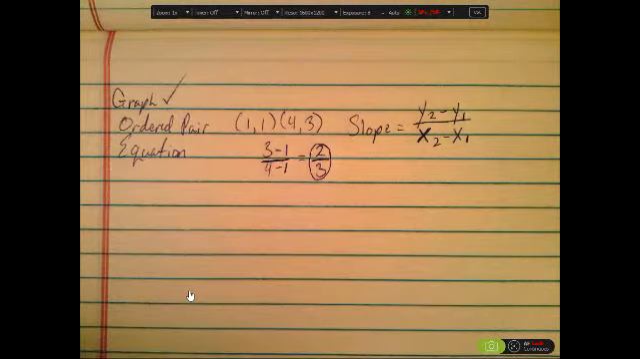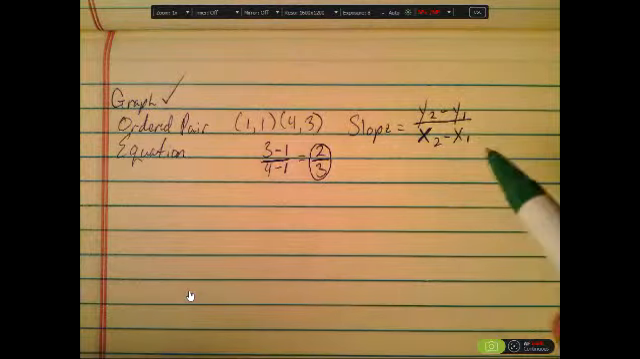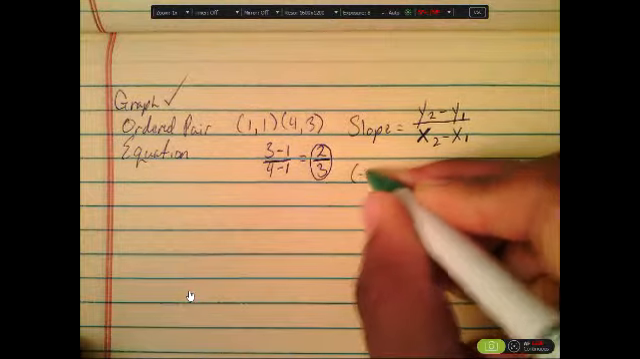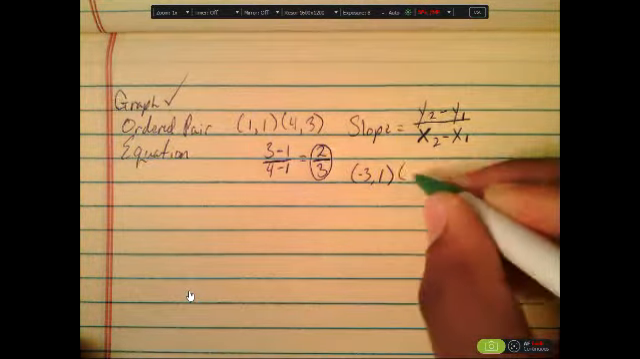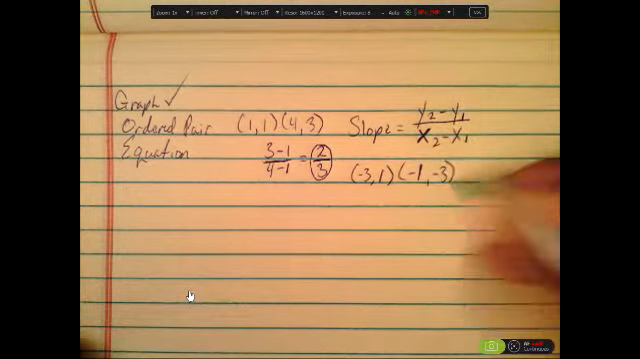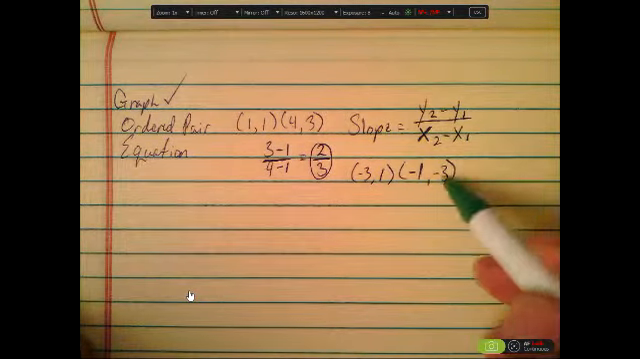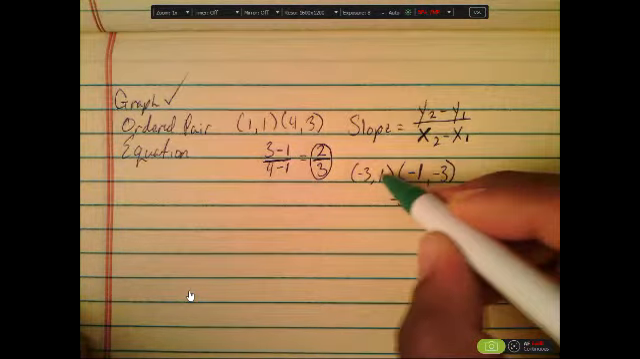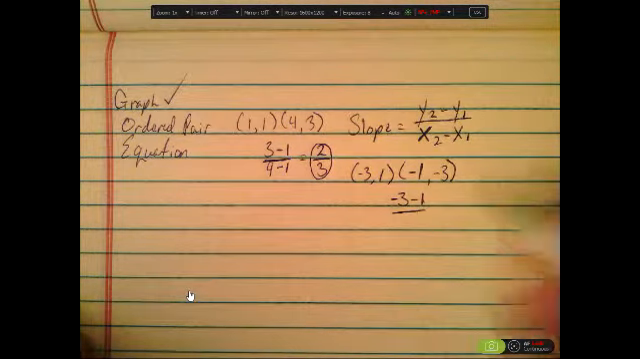All right, nothing extremely difficult about that, right? We just plugged it into this simple formula. Let's try one more just for good measure. Let's try, let's see, -3 and 1. And let's use the coordinate point -1 and -3. Fair enough? All right, we're going to plug it into our formula. So our second y value is going to be -3. Our first y value is going to be 1, so -3 minus 1 all over -1